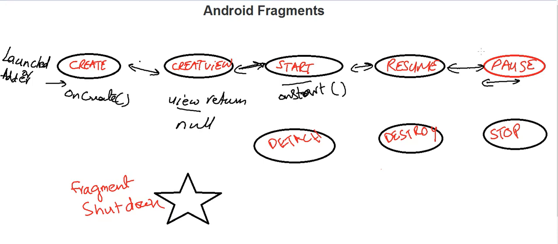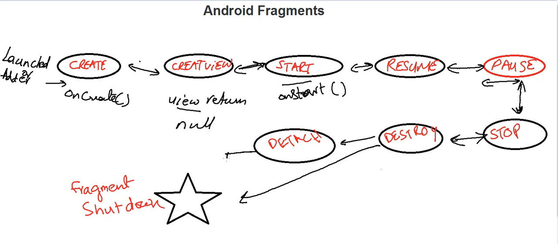So whatever changes might have been done are stored and retained, and when the user wants to come back to the fragment, it just takes it back from the RAM. And then we have the stop state, just like the activity, and after the stop we have the destroy state. After the destroy is when the fragment is actually being destroyed or killed, and then comes the fragment shut down. But there is also a fragment detach,